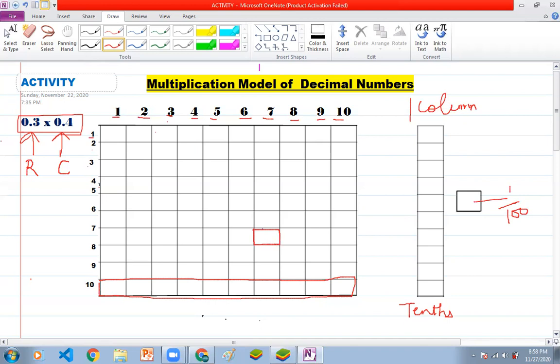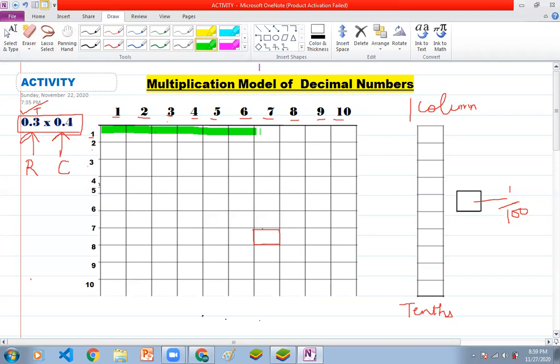As we can see, 0.3, I am going to place, right? For it, you can see that 3 is in the tenths place, so I need to represent 3 tenths. I told you that we will take 3 columns to represent 3 tenths. So I need to shade 3 columns, right? I'm taking the rows as 0.3, so I will shade horizontally. So 3 rows I am going to shade. It will represent 3 columns.